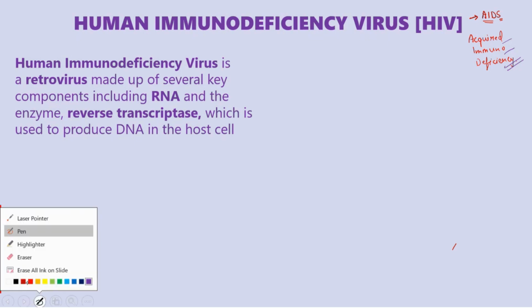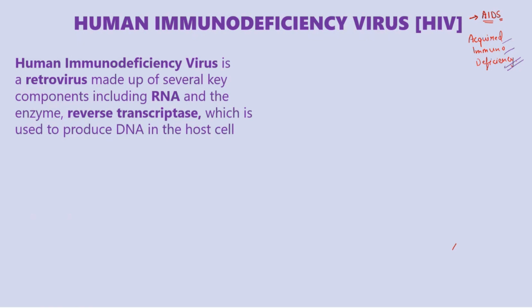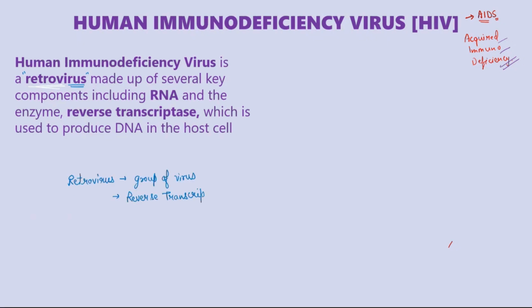This virus is a kind of retrovirus. What do we mean by a retrovirus? Any idea? No problem. Remember one thing, a retrovirus is basically a group of viruses. Now, what is transcription? It's the process of coding the DNA into mRNA. It is the process of copying the information on DNA to form mRNA.